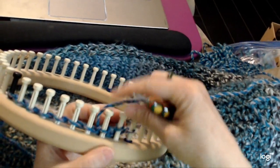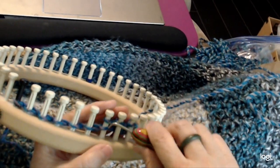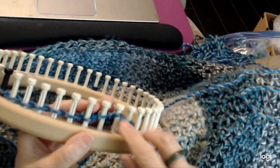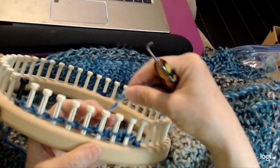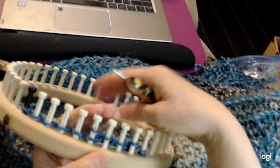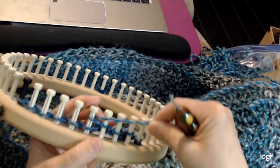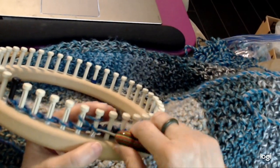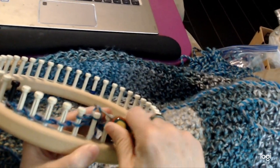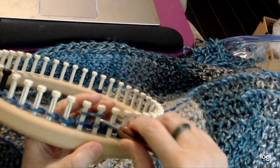We want to keep it pretty snug on that peg, and knit them over. Okay, so now we have our 4 pegs, and we come back over this one, and then we just wrap and turn. So we're just coming in front, pulling that, coming over, and then knitting this one over, and then knitting it over again in the next peg,